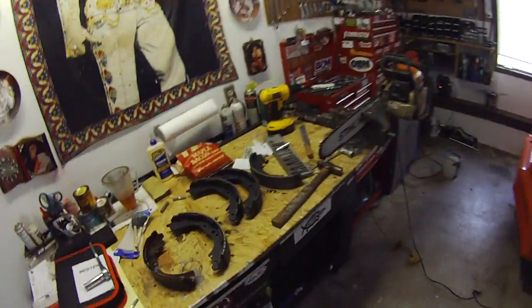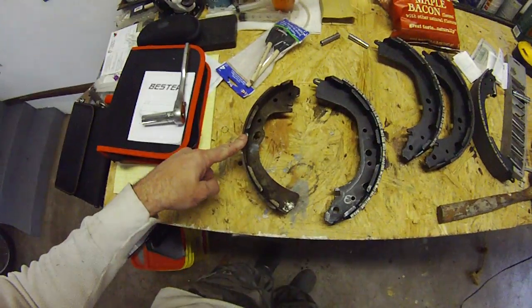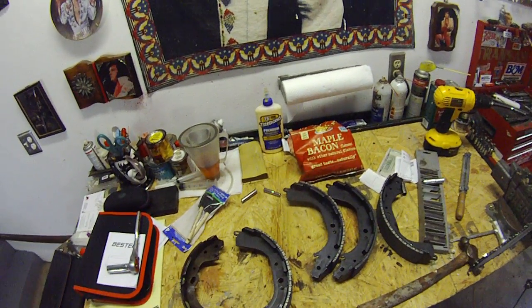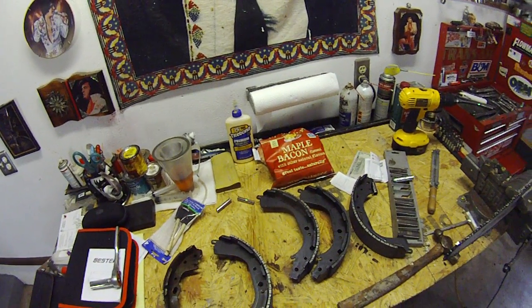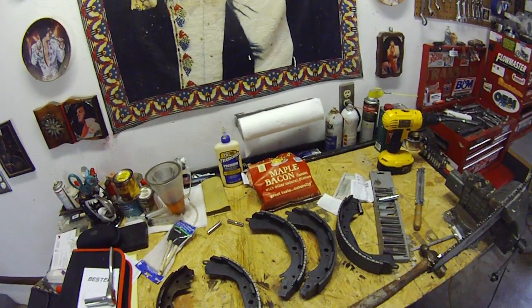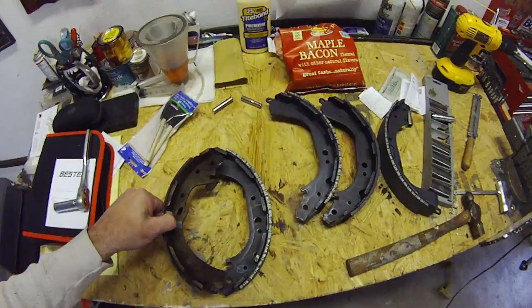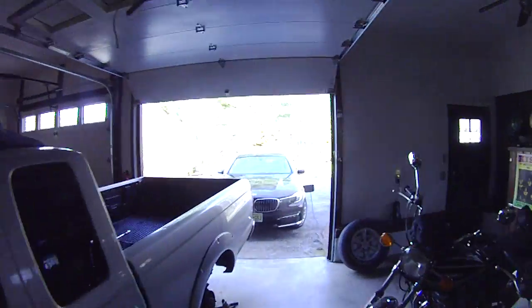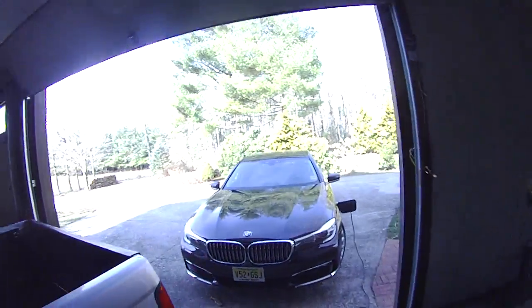So I got the new shoes, which are here, and here's the original shoe, and as you can clearly see, one is bigger than the other. I think what happened was that they gave me shoes for the four-wheel drive truck. Mine's a two-wheel drive, and probably the four-wheel drive truck has a larger shoe. Anyway, so there you go. So I'm going to have to head down the mountain to get the correct shoes, and that brings me to